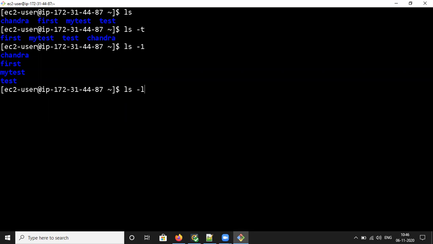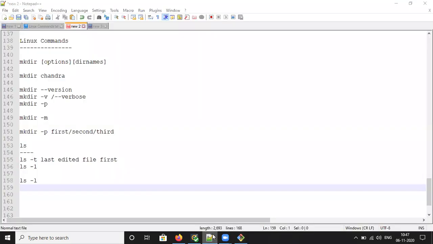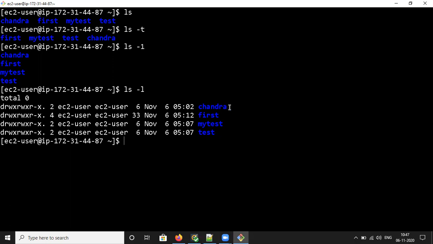It will give the long listing information: groups, users, other permission related things, the size of the file. Everything it is going to display. See, the d means directory, so these are all directories. We can just copy this thing.